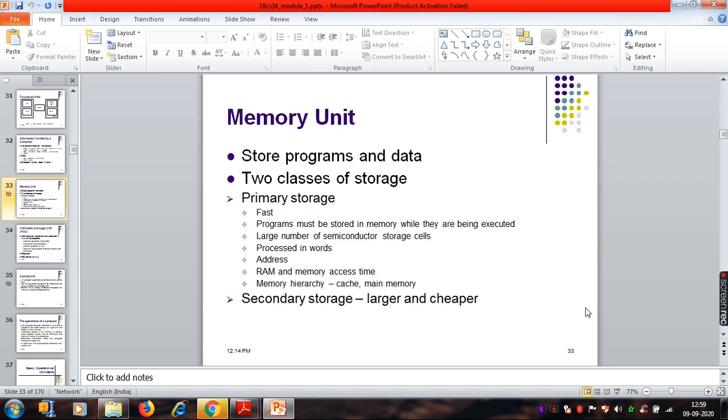If anything in the secondary memory has to be available to the processor, it has to be copied from secondary to the main memory. So the main memory is the only place from where the processor is going to fetch the data. That's how you have to understand it.